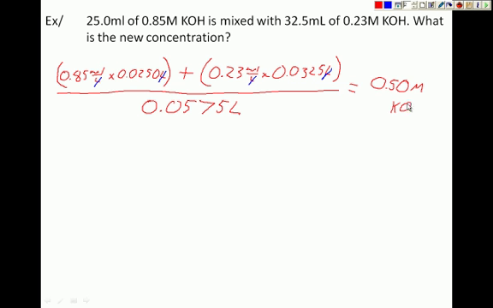of KOH. Okay. So again, 0.50 molar of KOH, and that's our final answer right here. So now that we've done our Chemistry 11 review, I want you to do a few practice